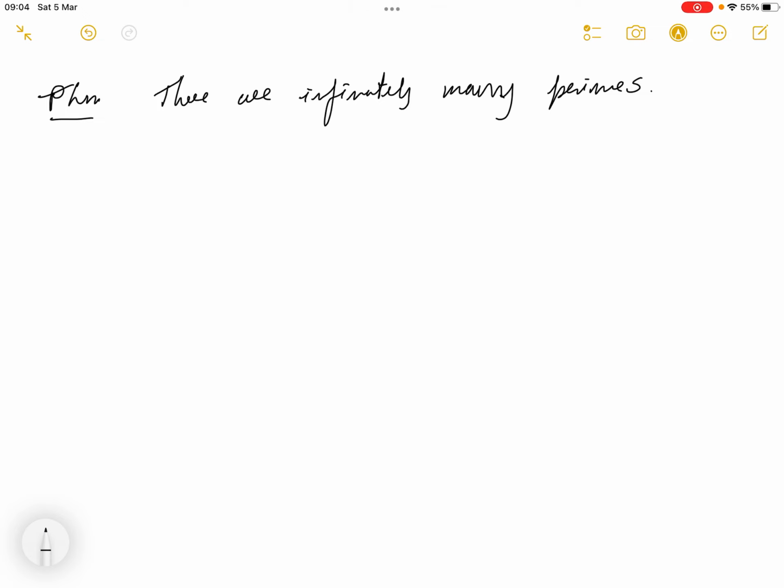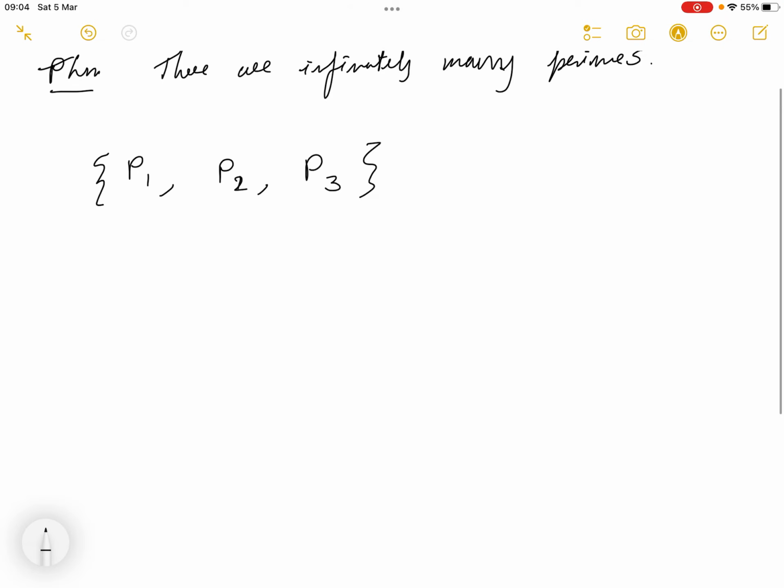Well, that means that if you have a collection of primes, for example, here's a collection of primes, then you can always find another prime which is not in the collection, right? Perhaps using these numbers, you could find another one, or probably you wouldn't be able to use them to find another one, but